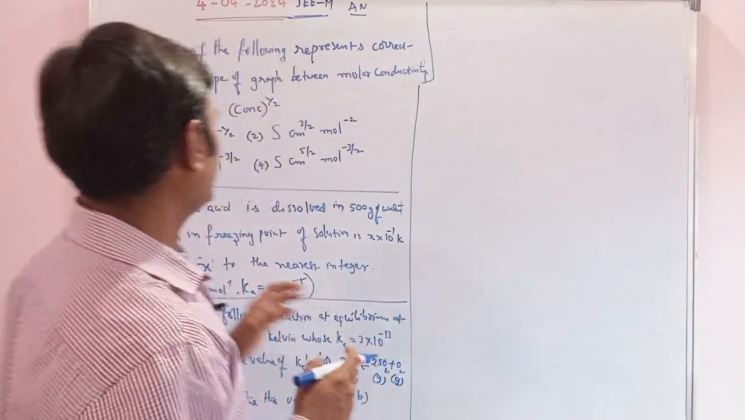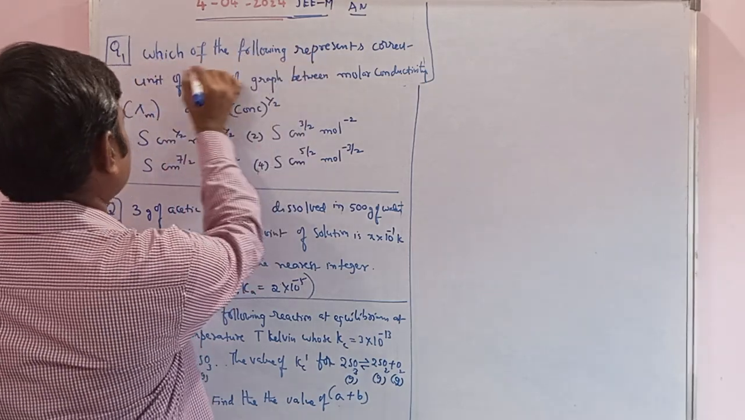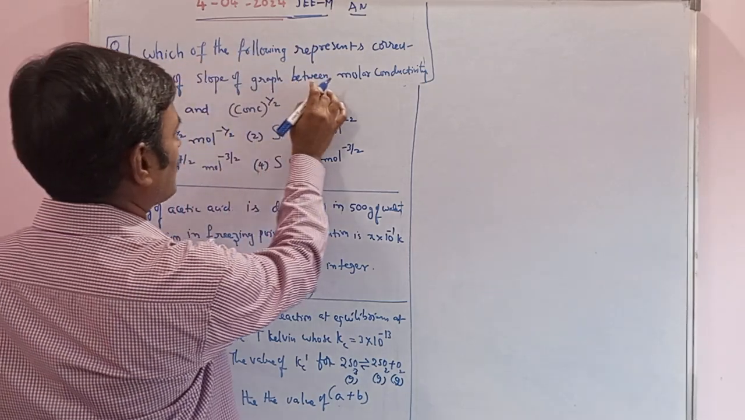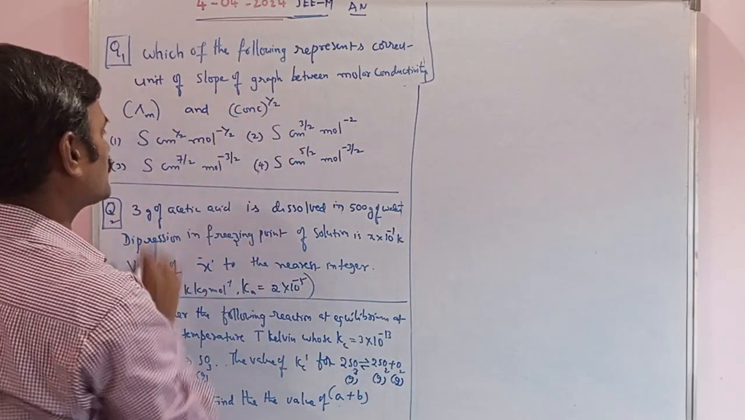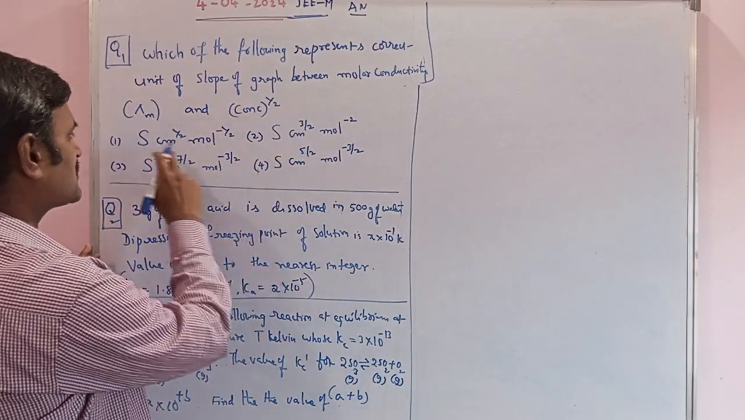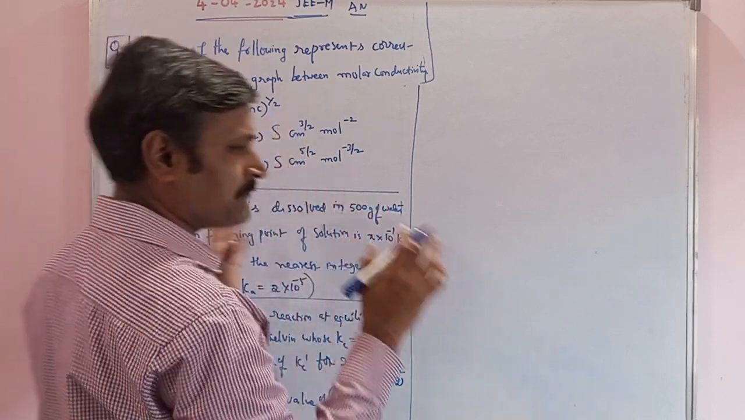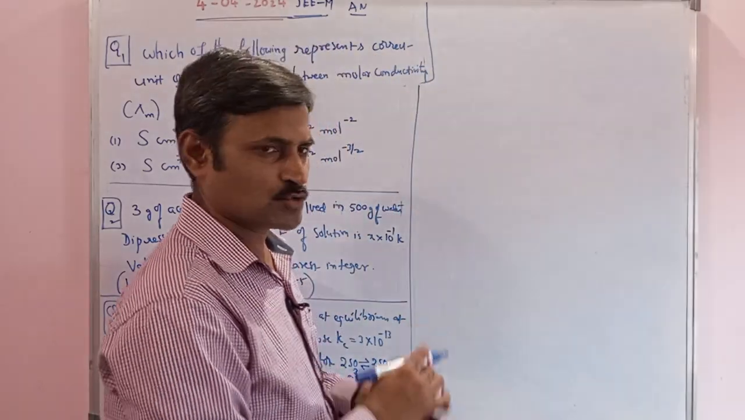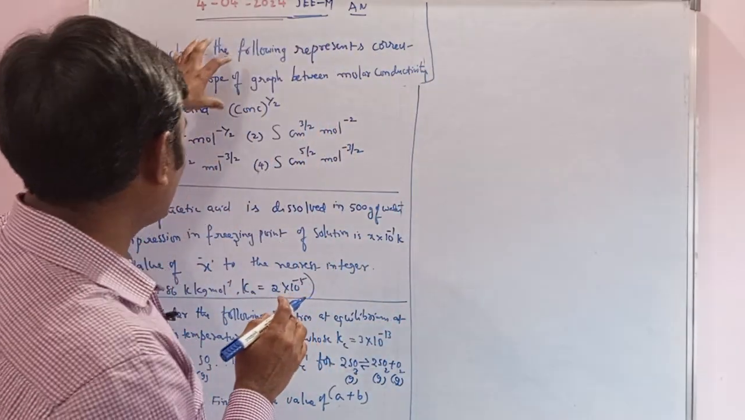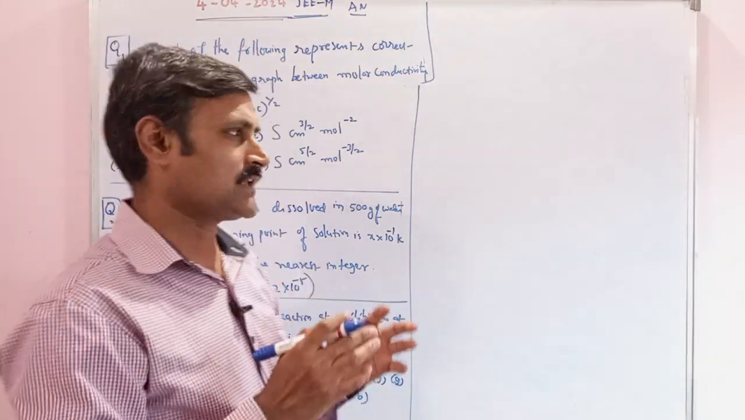In this first question, if you observe, which of the following represents the correct unit of slope of graph between molar conductivity and concentration power 1 by 2? They are given some units, Siemens, centimeter power some and mole power some numbers, fractions also are given. To solve this one, we should know the exact mathematical relation that was discussed for